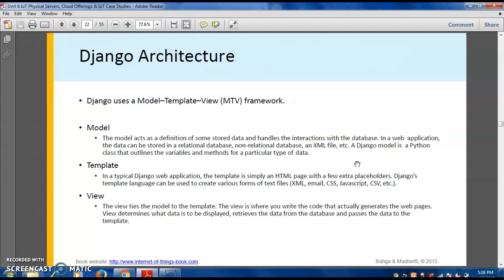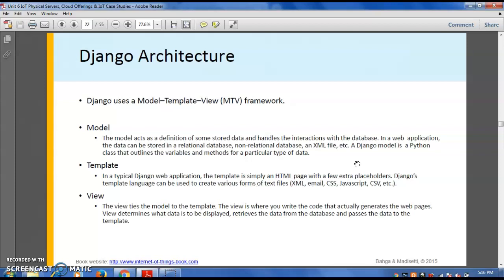Template: in Django web applications, the template is simply an HTML page with a few extra placeholders. Django template language can be used to create various forms of text files like extensible markup language, email files, cascading style sheets, JavaScript, comma separated value files, etc.